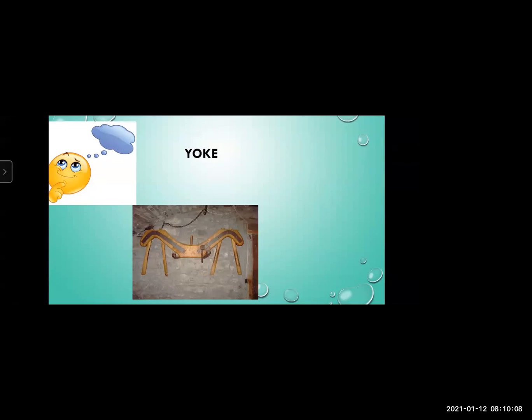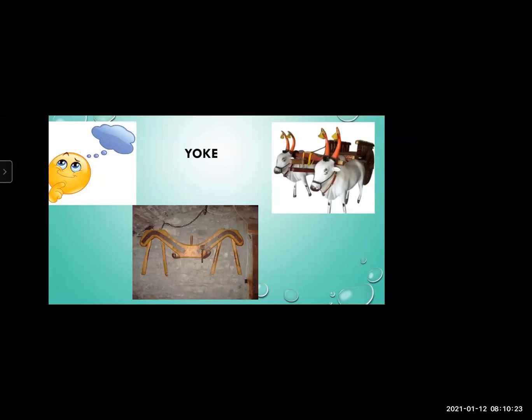This is called a yoke. You might have seen it, but you didn't recognize it. So this is called a wooden yoke. This yoke is used to pull a bullock cart. See, on the necks of these oxen, you can see that yoke. See that the bullock cart and this yoke are connected very properly. But how can they do that? How is the position of the yoke decided? How is it determined exactly, how it is placed on the neck of the oxen?